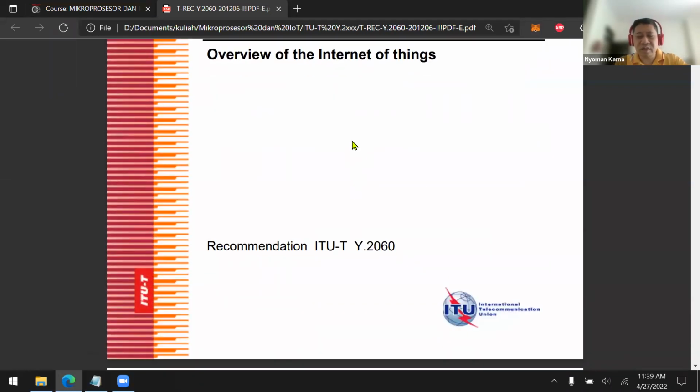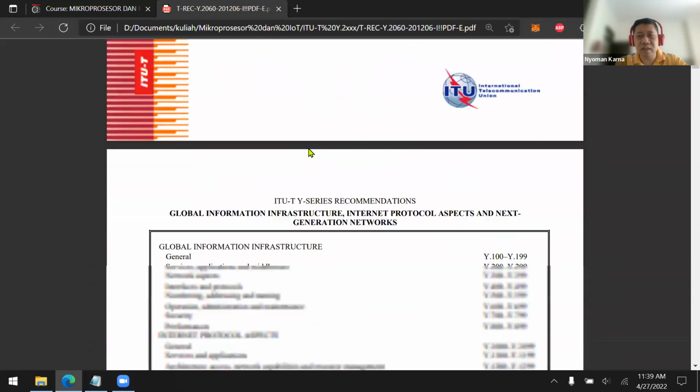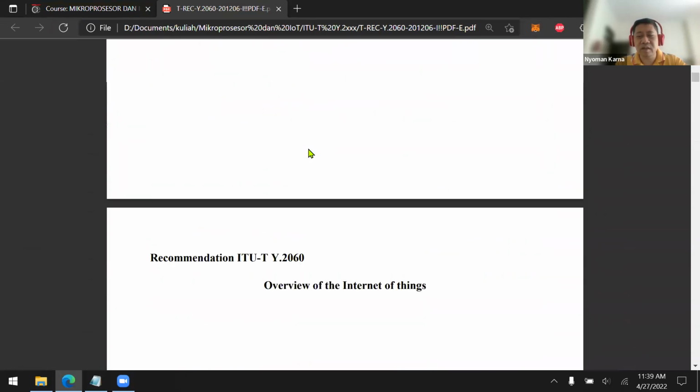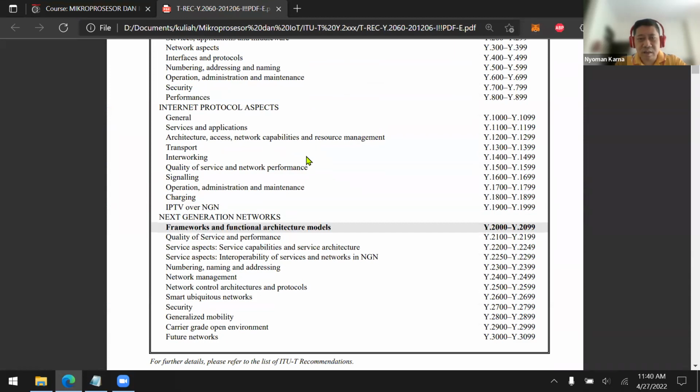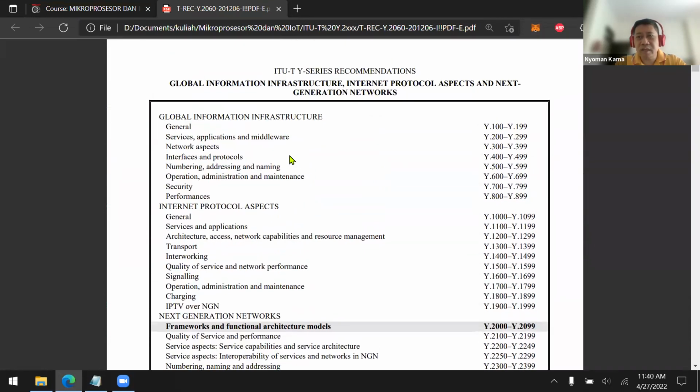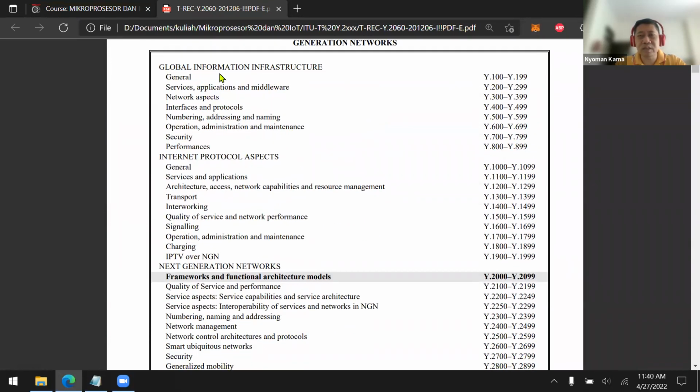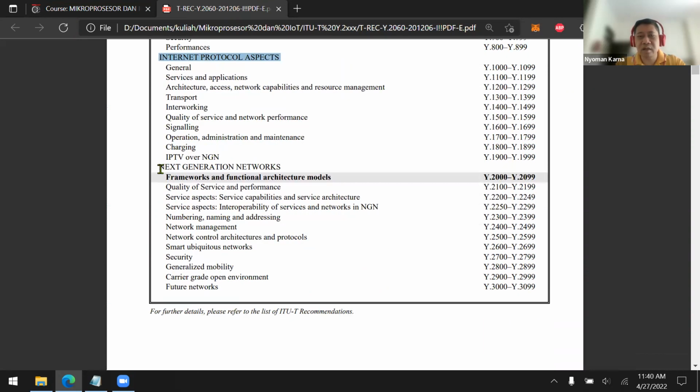Okay, so there are several things that we're going to discuss from the standard. Before we start, the Y series starts with the global information infrastructure, and then also the Internet Protocol aspects, and then next generation networks. And one of them is the IoT.